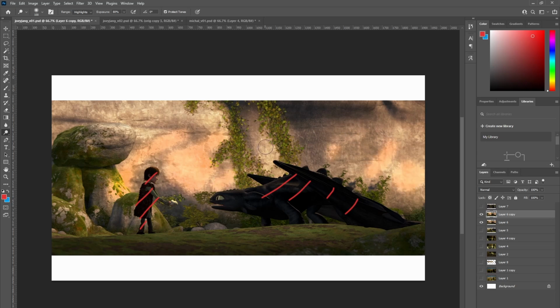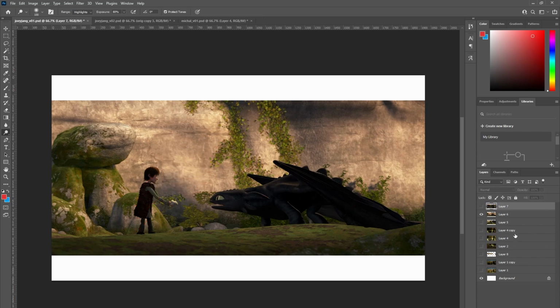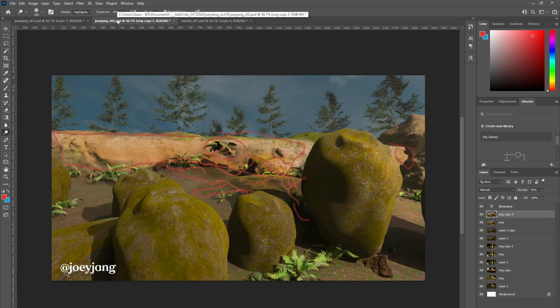I think Roger Deakins was the DP on this, and I'm just a total fanboy of him, and I just think that this scene is really beautiful. So take a look at this and let it guide you in how you would treat this scene.